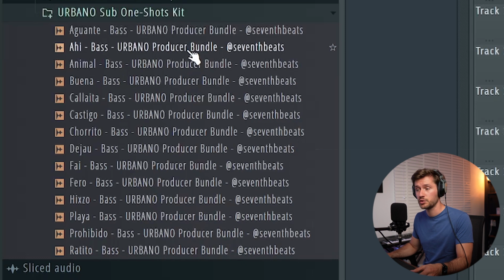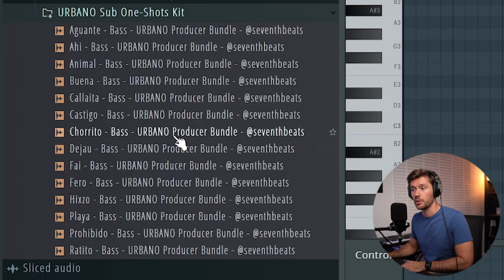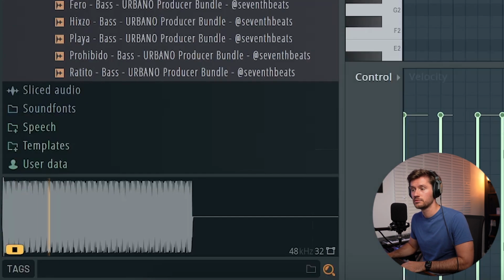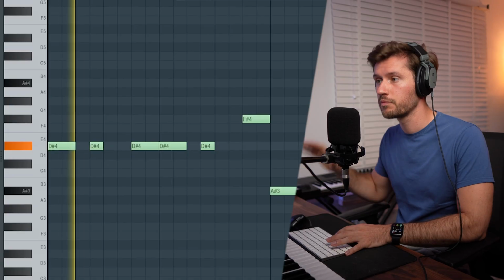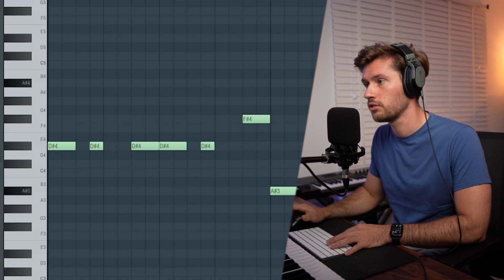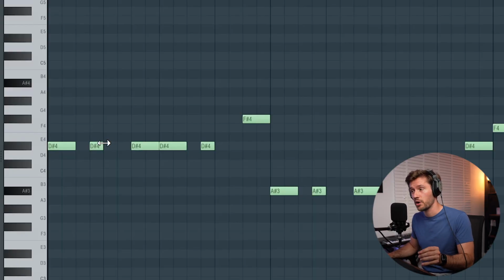So right now let's move on to the second bass line. So we're using this bass one shot, but I'm also using a sub bass one shot. So I've also added those ones to the URBANO one shot kit. So we're using this sample and I'm using this rhythm, which is basically following the kick and the snare rhythm. So by shortening this one, just add some more groove to the drum loop. So when we play it together with the drums,